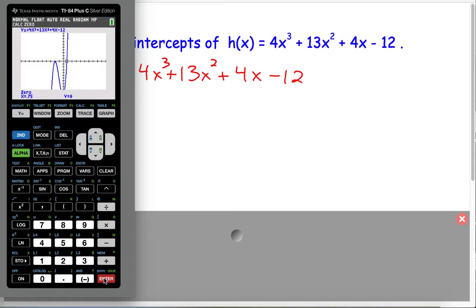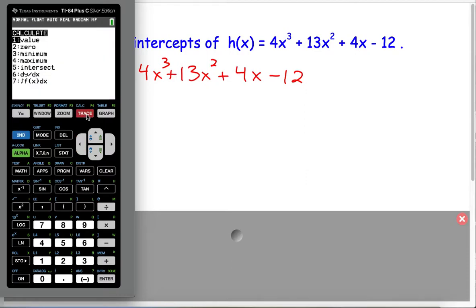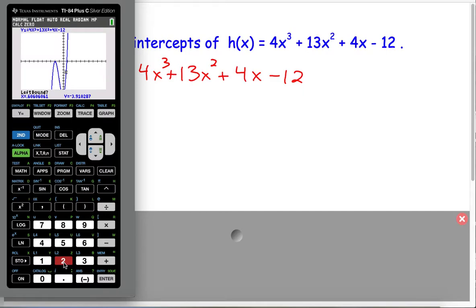It says 0.75. So I'm sorry, when I hit trace and I pressed 1, it didn't actually give me the 0, did it? No. So 0.75 was the other 0. Once again, we go through that second trace, number 2, left bound, enter, right bound, enter, guess, enter. X equals 0.75, that's when y is equal to 0. So it looks like it happens at